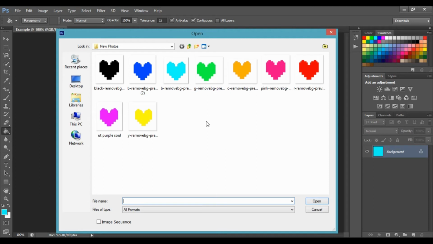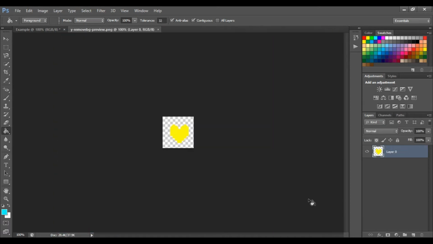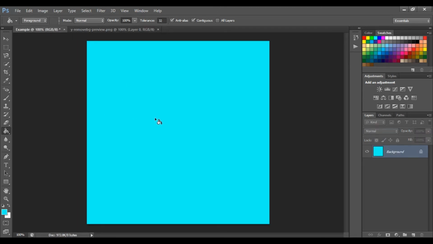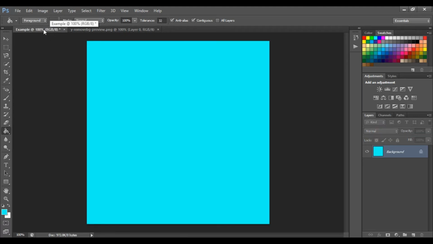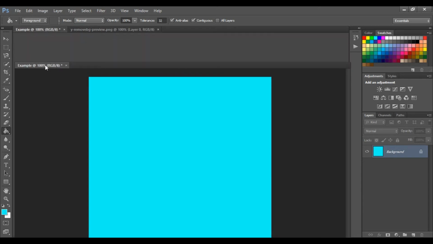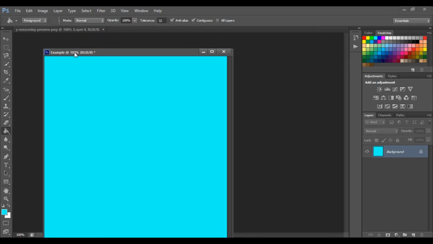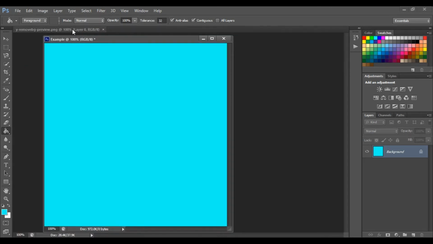Let's say I want to open up this yellow heart. Let's select it and open. There you have it. Now you might be wondering, how do we add this photo into this document? Well, it's fairly simple. All we want to do is drag our mouse here, click on it, hold, and pull it like that, creating a new window. Now we let go, so it should look like this, and now we select this tab leading up to this yellow heart picture,